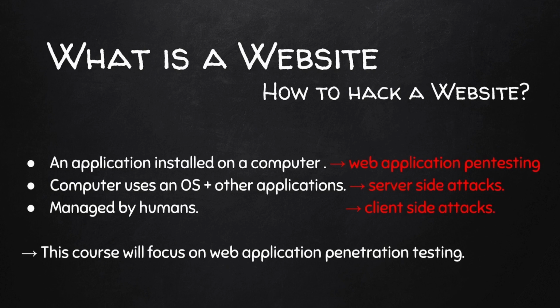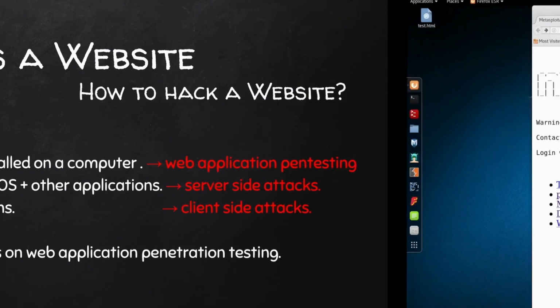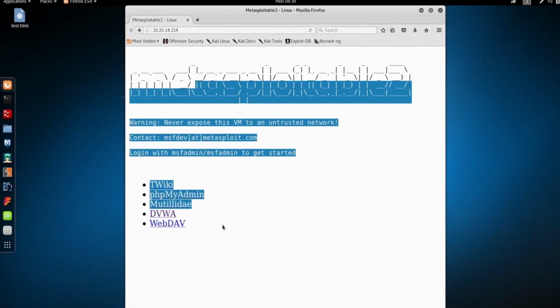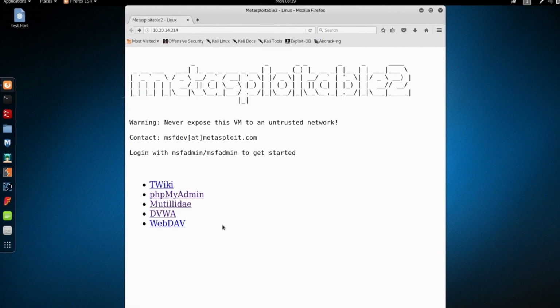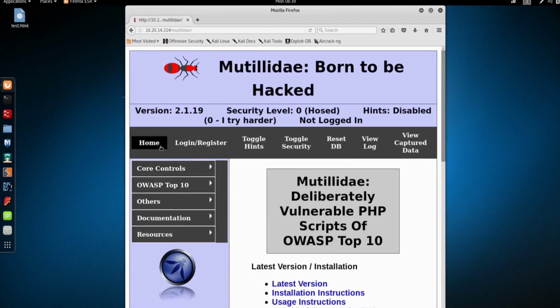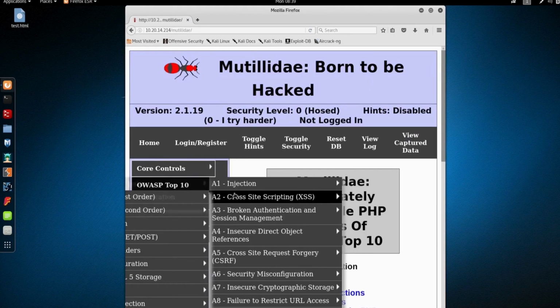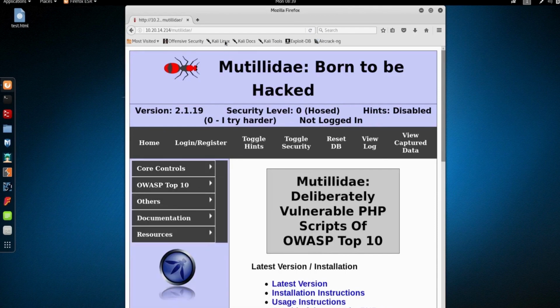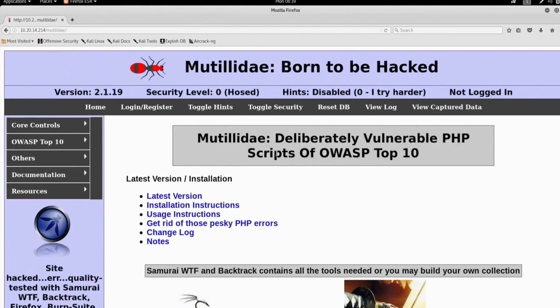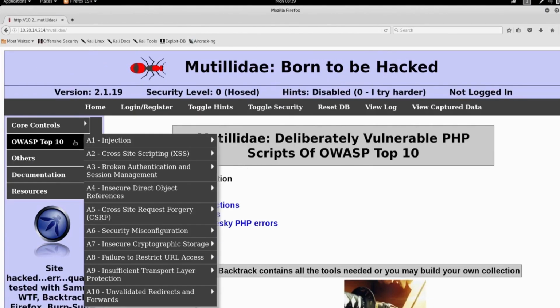Now the main, obvious thing that you think of is the web applications. It's the thing that you always interact with. For example, on Facebook, it's where you search for stuff, where you upload pictures, where you write posts. All of these things are handled by the web application, because it's the thing that you click and interact with. So if I go here on Mutillidae and start browsing the web page, this is my web application. Every time I click on something, it's being handled and executed by the web application